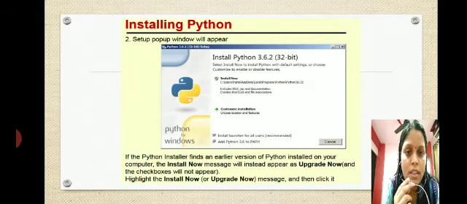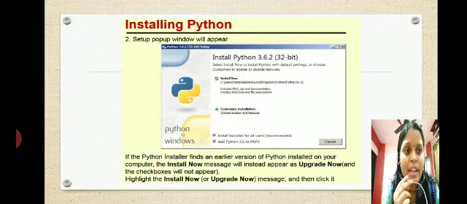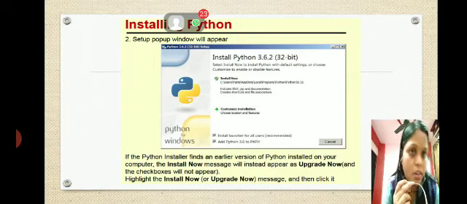That is what is written here: if the Python installer finds an earlier version of Python installed on your computer, the install now message will instead appear as upgrade now. In that case you will not get the option as install now, you will get upgrade now, and the checkboxes will not appear. Highlight install now if you have not installed before, and then click on it.